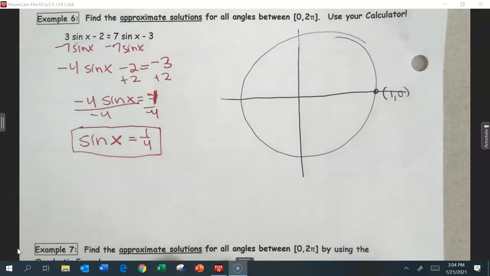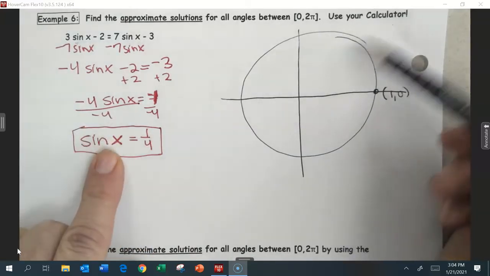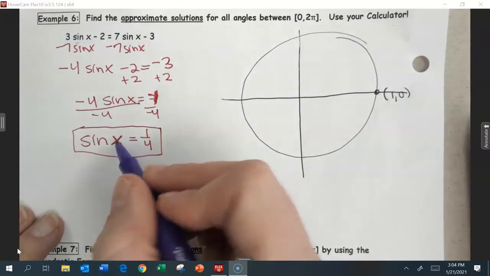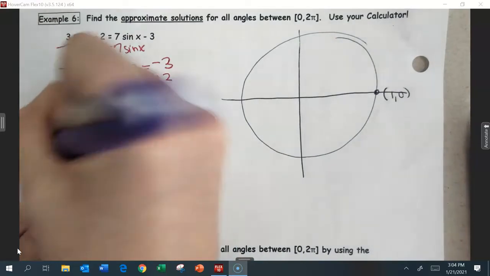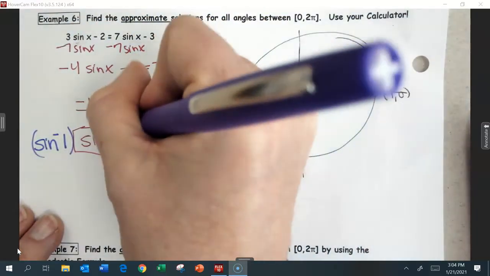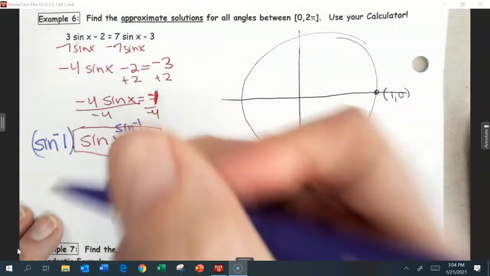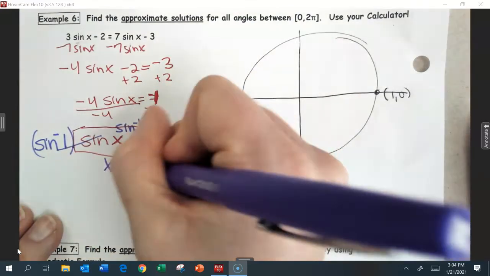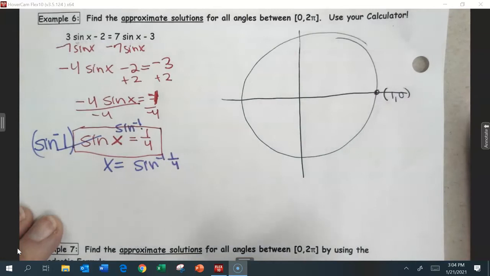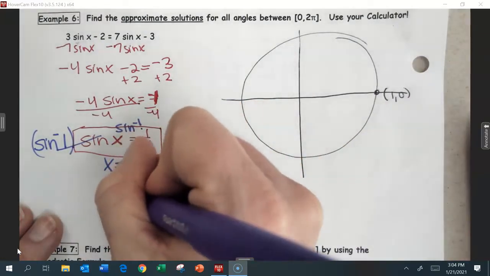So in our warm-up the other day, we reviewed that if we can't do this in our head because of that unit circle, then in order to get x by itself, you can still do this even if you don't want to do it in your head, but that's why we haven't let you use a calculator. So if we take the inverse sine of both sides, we get x equals the inverse sine of 1/4. And that turns out to be, and you're going to see me round, let's round to the nearest hundredth, about